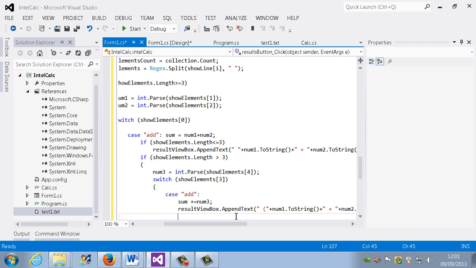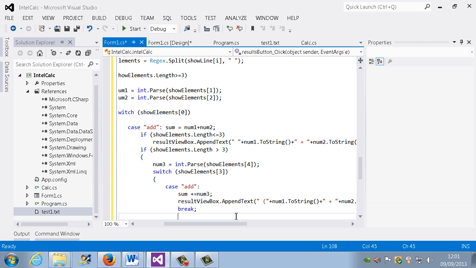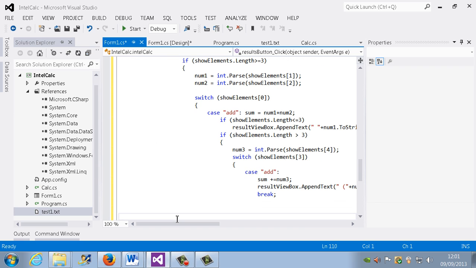And finally, once we've finished that, we'll do a break. So every time we do a switch case, we have to do a break. Okay, so now we do case subtract